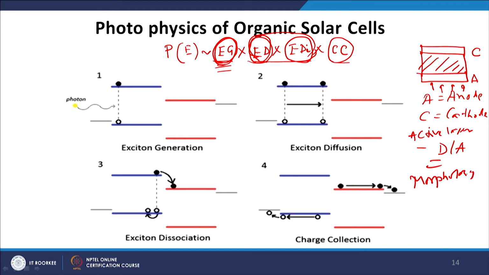plays an important role in determining the photophysics of the devices, and a lot of work is ongoing to optimize the morphology. So, what do we mean by the optimum morphology? We mean a bicontinuous phase separated network. Bicontinuous because we need to see the donor and acceptor at each and every interface. Phase separated because we have two different phases, the donor phase and the acceptor phase.